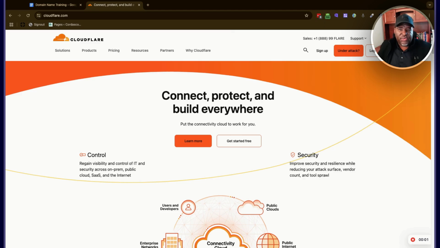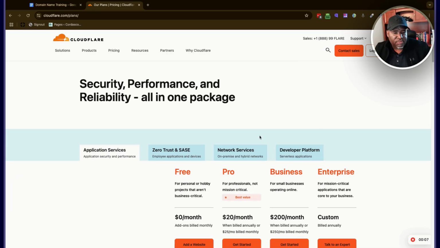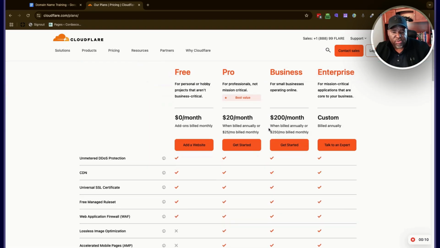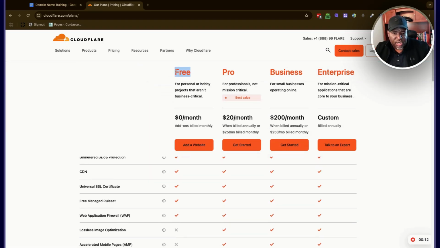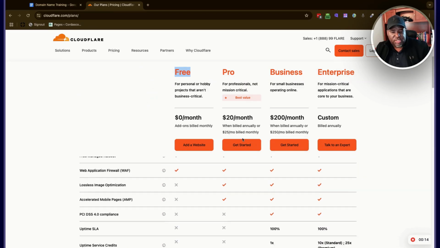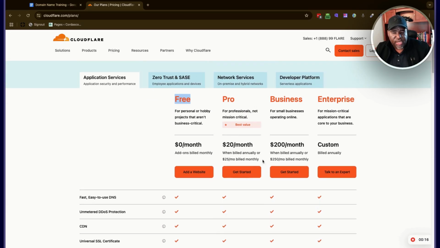All right, starting from the very top, we're going to go to cloudflare.com. And if you don't have an account, you're going to hit the sign up button and create an account. Okay, so what you're going to do is sign up for the free plan, unless you want some of these extra features, you can see what they are down here. Most of the people that we walk through this process at least start off on a free plan. You can always upgrade to a paid plan in the future if you need to.